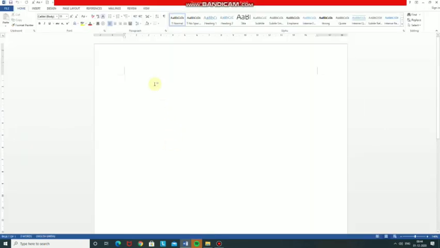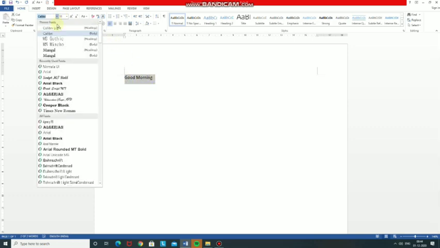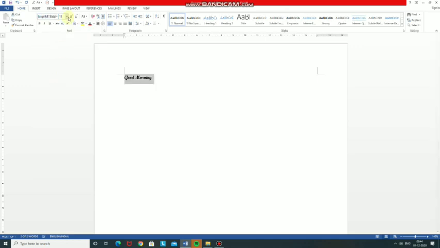If you have written anything, you can select the text and change fonts from here, then font size from here and font color from here. So like this you can change the font size and color from the font group. So this is the revision part of your Word.